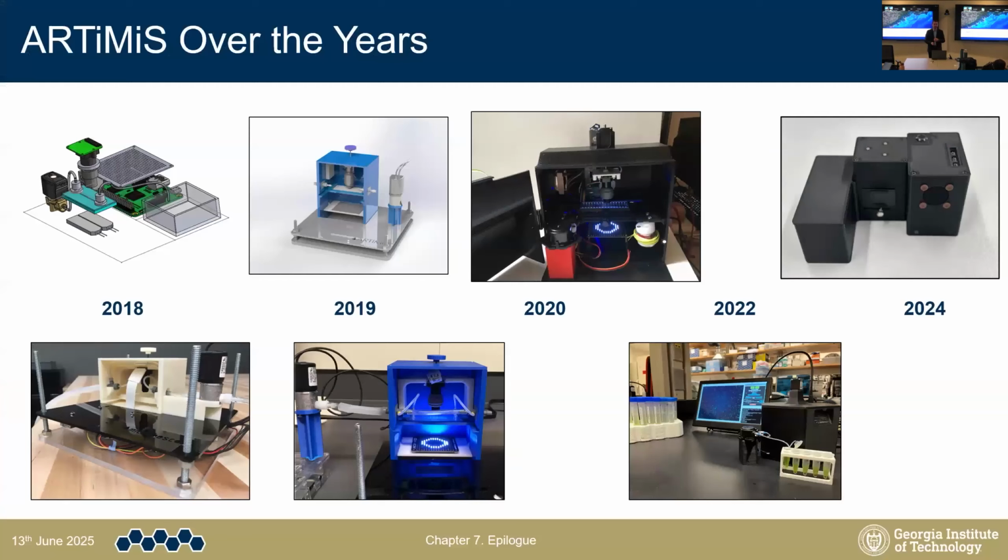All right, so let's wrap it up here. I just want to show you real quick, because Amit had mentioned in the beginning, this is a view of what ARTiMiS had looked like over the years. So all the way on the left there in 2018, that's the prototype of ARTiMiS when it was in Capstone. And over the years, there's been a lot of design iterations and improvements. Most of the pictures that I've shown in this presentation have been that hexagon version, so it's the 2022 variant. The current one looks a little bit different. That's the one in the top right, and that one is pretty much ready to go as a product to ship. So that's really exciting.